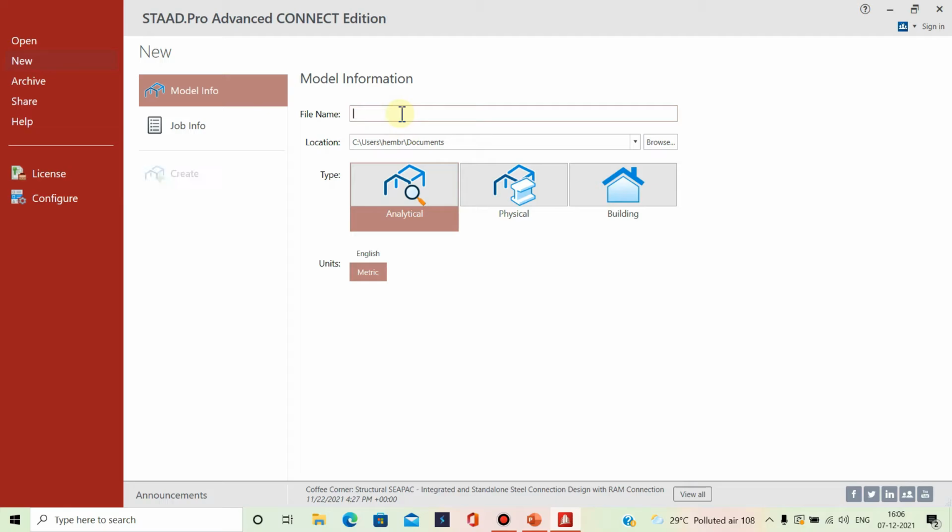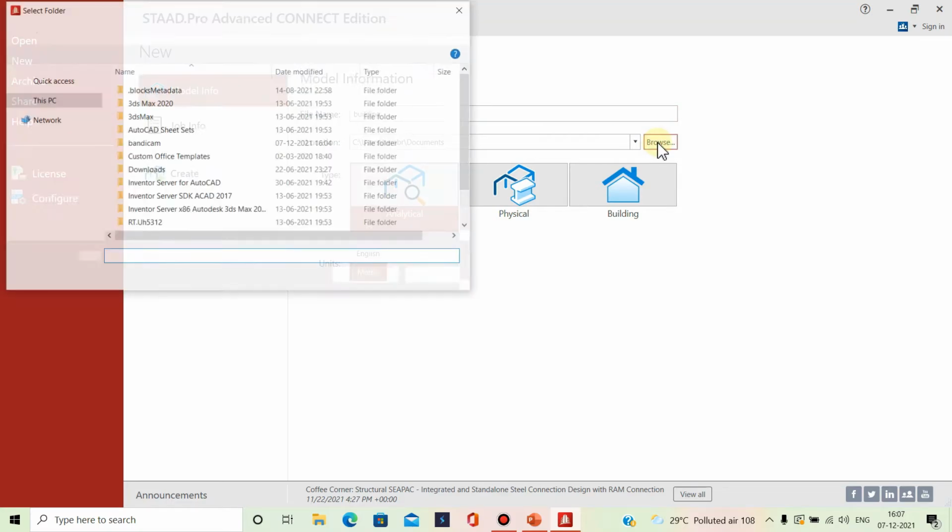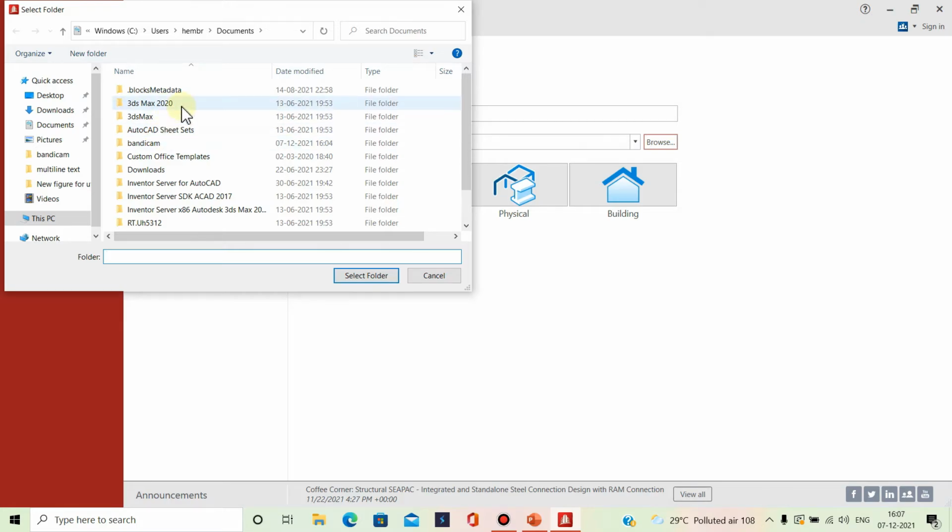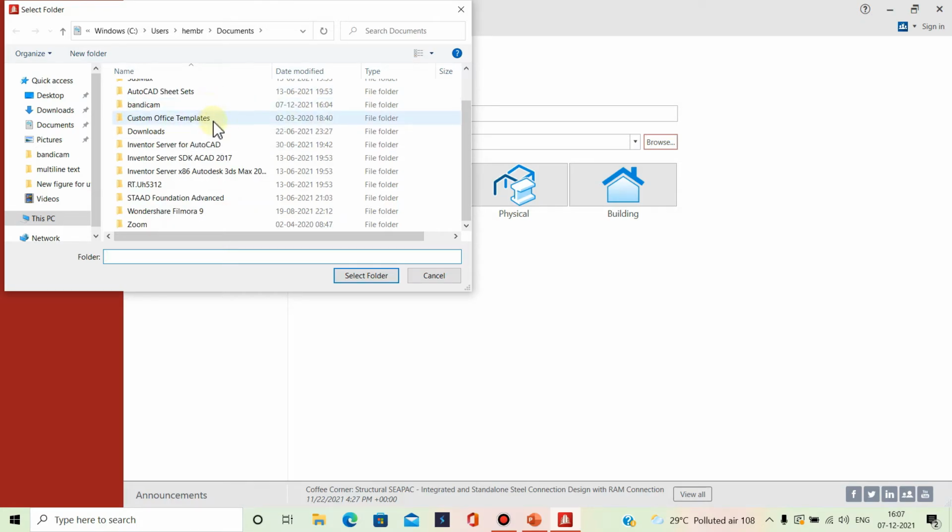So here I am providing the file name building, and after that you have to provide the location so that you can save the file in that particular location. Here I have already provided the location for my file. If you want some more locations, then you have to click on the browse option, and after that you will get some of the locations.